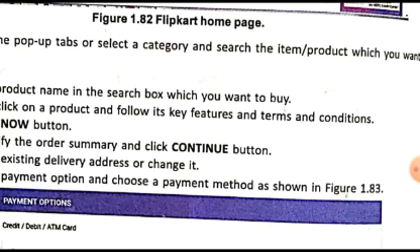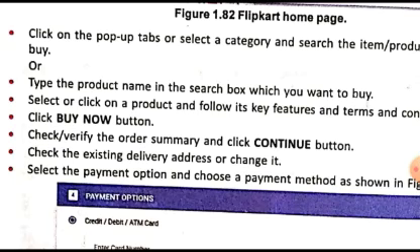Now after you have seen all the terms and conditions and the features, once you have made up your mind to buy the product, you will click on the buy now button. Once you click on the buy now button, you will be told to check or verify the order summary. Order summary will show the total amount of your order, the total amount which you have to pay for buying the products. It shows the list of items which you are buying and the amount that you are paying.